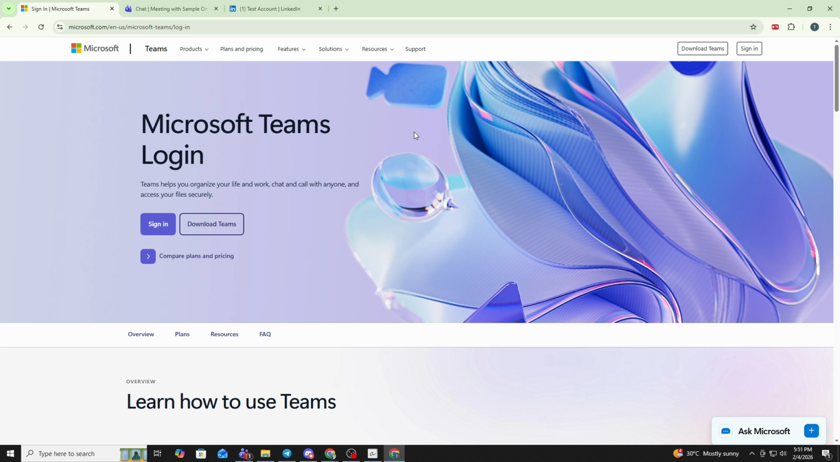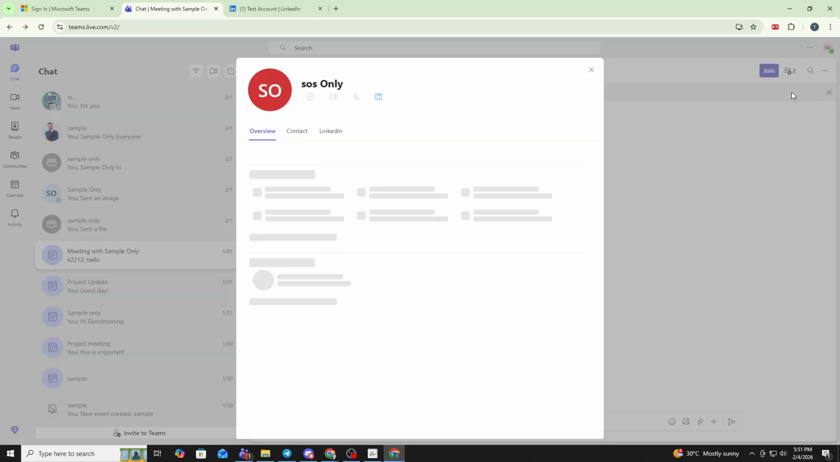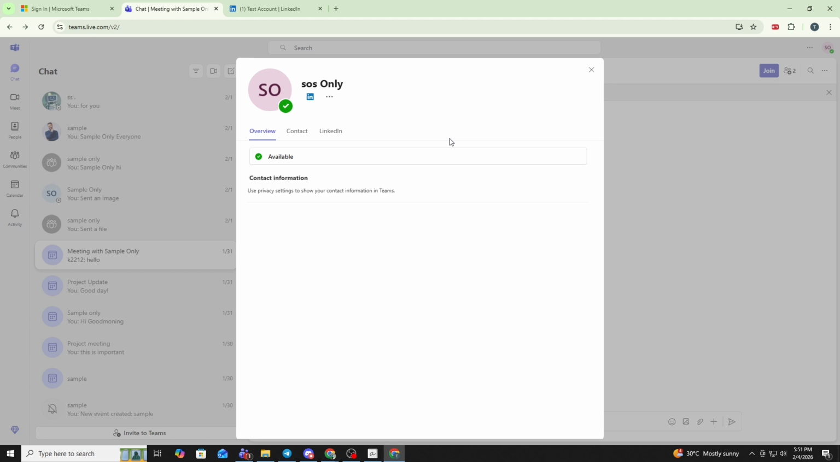First, open Microsoft Teams on your computer and make sure you're signed in. Once Teams is open, go to the top right corner of the screen and click on your profile picture or initials. From the menu, select View Profile. This will open your profile card, where you can see your basic information, such as your name, job title, and